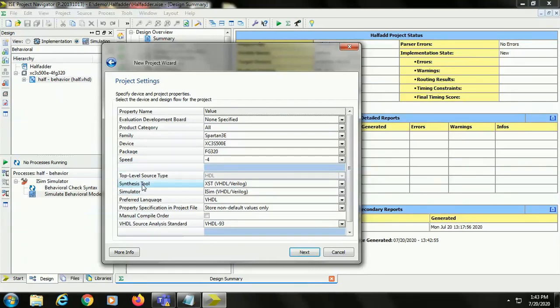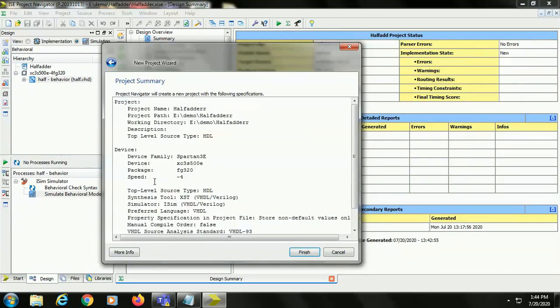Here we are using two tools, one for synthesis and another for simulation. For synthesis we are using the XST synthesis tool, and for simulator we are using the iSim simulator. And here we have to choose the preferred language, VHDL or Verilog. We are writing the program in VHDL, that's why you have to select VHDL. So like this you have to give the specifications here. After giving all the specifications, click on next here.